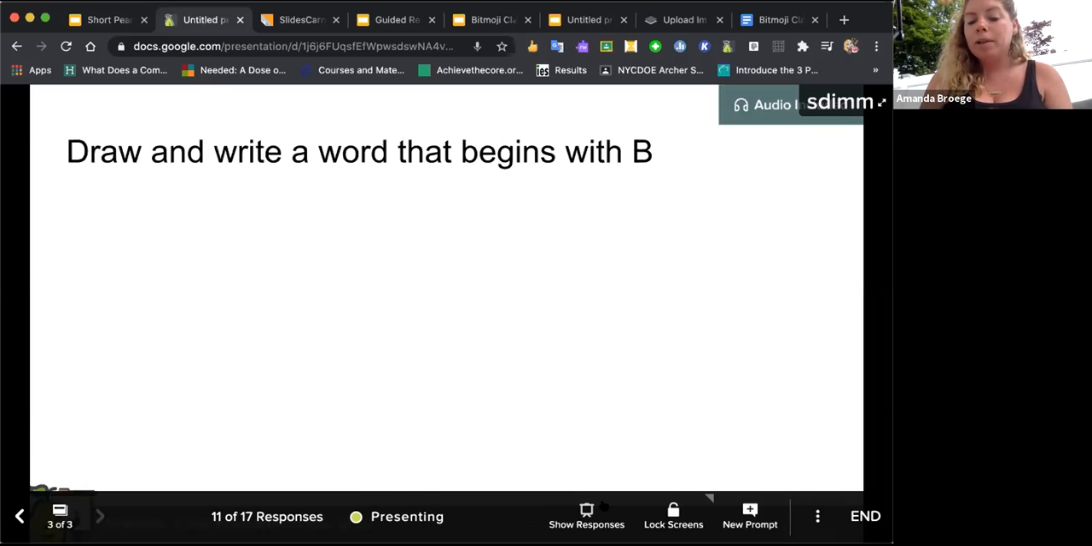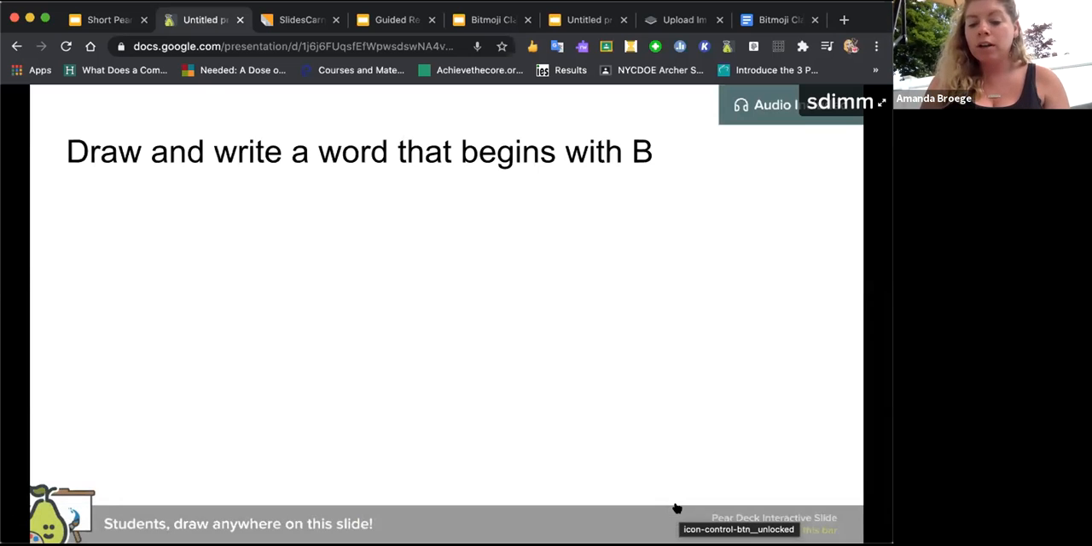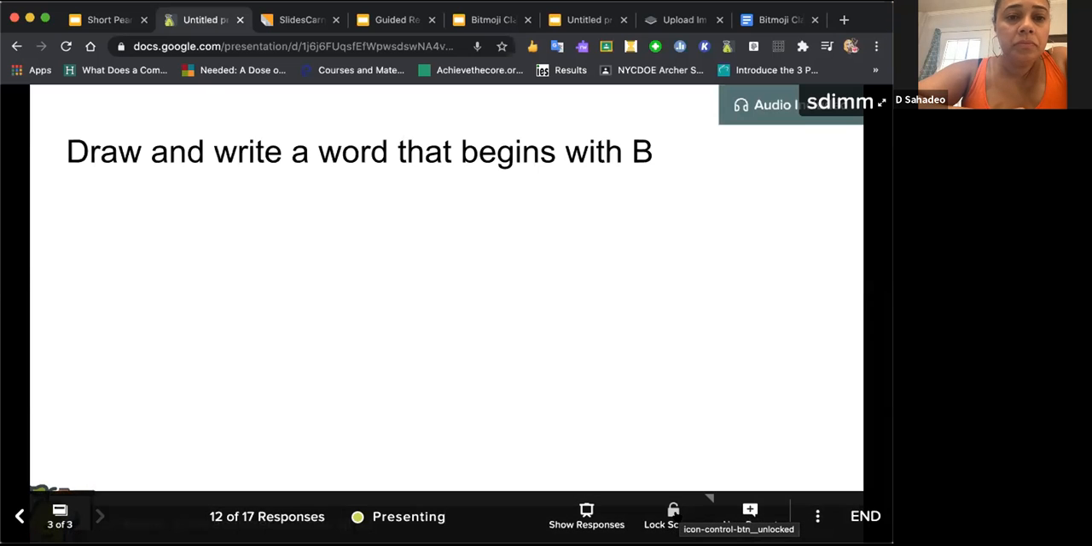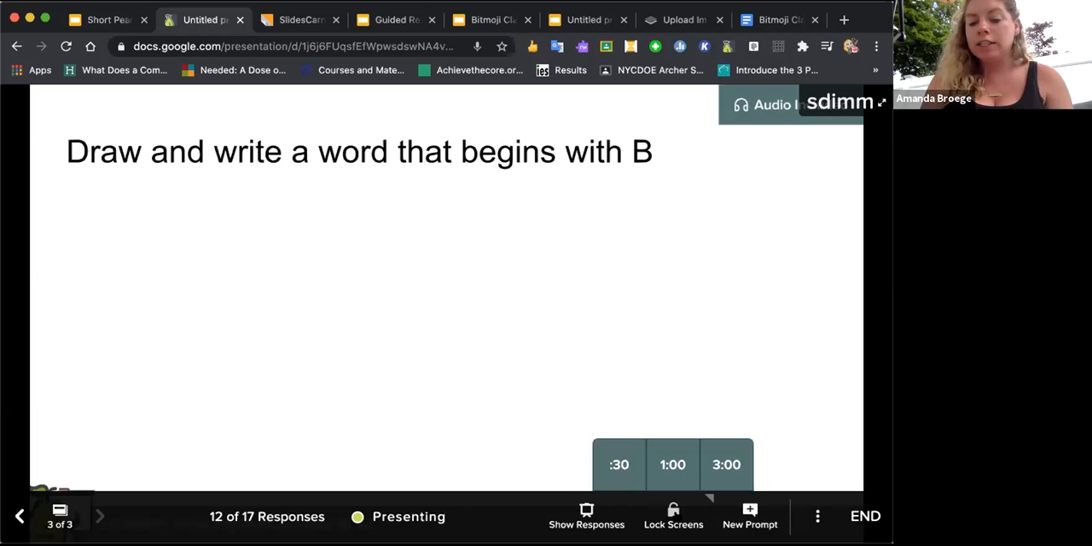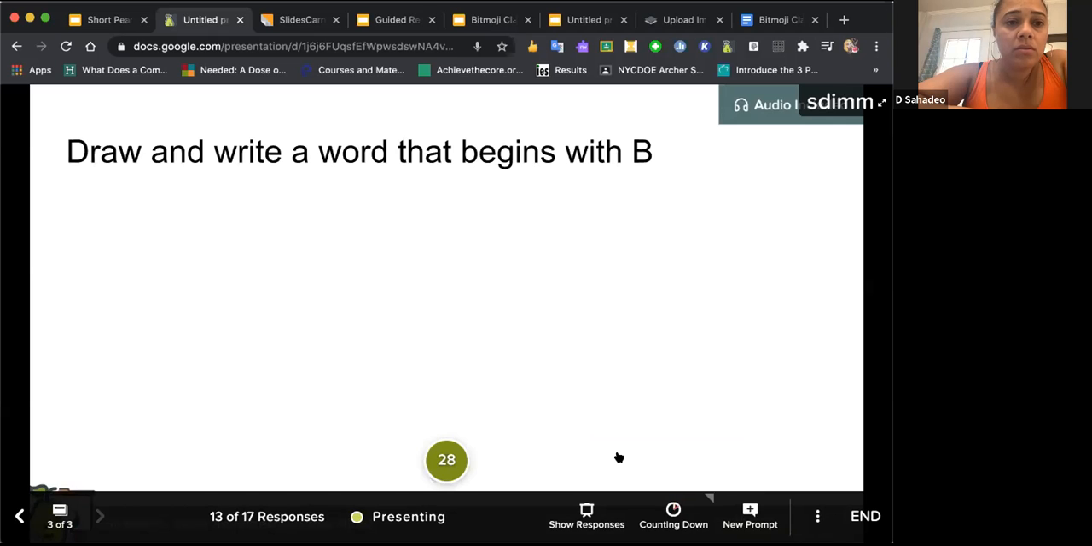And then you have a couple other options over here where you have show responses, and that'll show the student work. You have lock screen, which means you can lock your screen so students can't answer anymore. But also a great feature with this, if you hold lock screen down, you'll see that a timer will come up. So you have 30 seconds, a minute, 3 minutes. So if you put 30 seconds, say, okay, students,